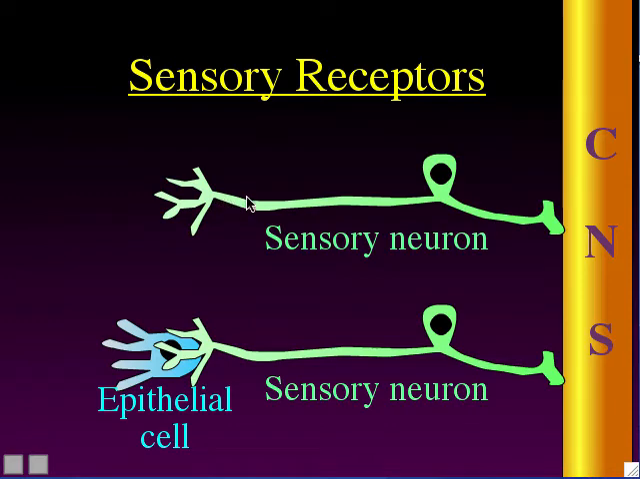In other words, it doesn't matter if a sensory receptor is just a single sensory neuron or if the sensory receptor is the sensory neuron plus the specialized epithelial cell. In all cases, we just call it the sensory receptor of the sense organ. Okay, and one last thing about these